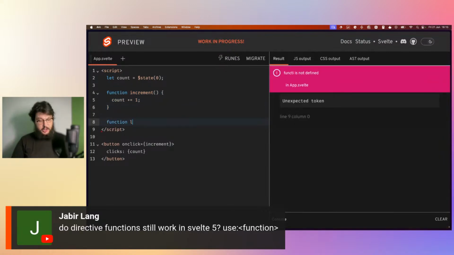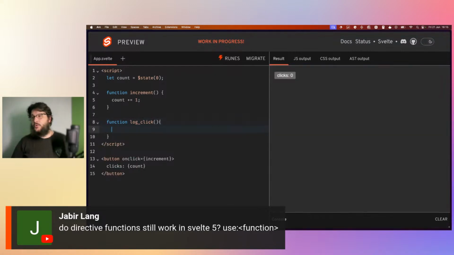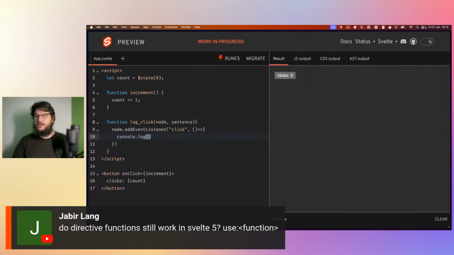function logClick, for example. It takes a node as input and possibly some extra thing. So for example, I don't know, sentence. And then basically what you do is you can do whatever you want. So node.addEventListener, for example, click, and then you console.log sentence,